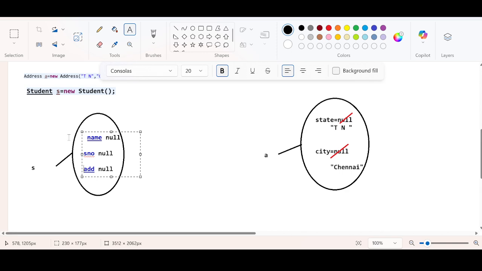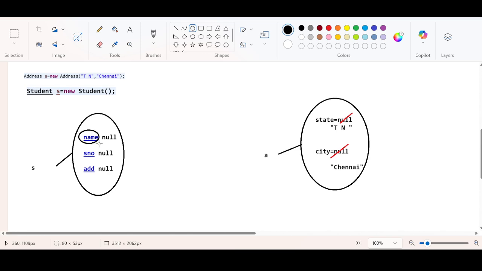Focus here. I'm only able to create an object, but I'm not able to assign the values to these instance variables. I have decided to assign values to these instance variables, but if you see here, this is the name property, this is the SNO property, which means these two variables are expecting a direct value, but this variable is not expecting a direct value here. This is the dependent variable,